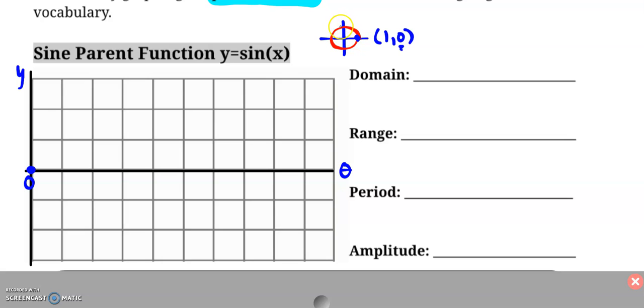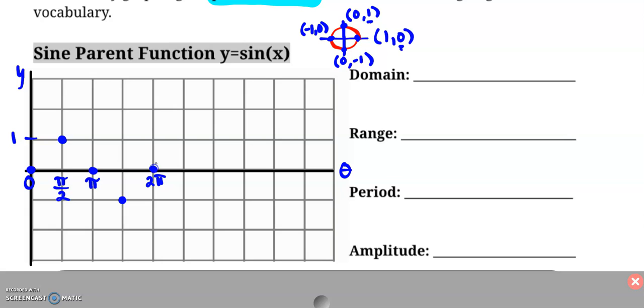So the next place that I'm going to stop is at pi over 2. All right? And at pi over 2, that ordered pair is 0, 1. So it means the y value is 1. Okay, so I'm going to have a height of 1. And then if I keep going, I'm back at pi, and I have a height of 0 because that ordered pair is -1, 0. And then if I continue around my circle, I'm at 0, -1. So then I'm going down to -1, and then if I come back to this spot right here, 2 pi,